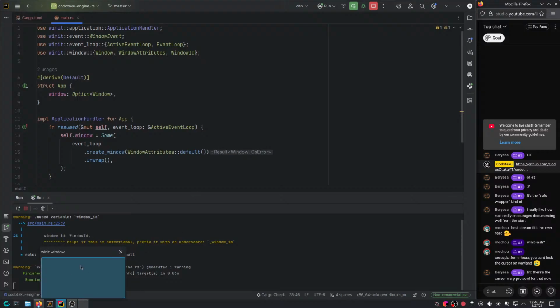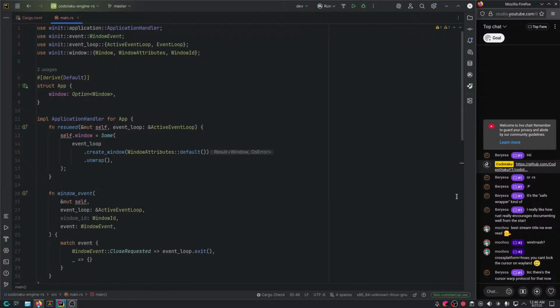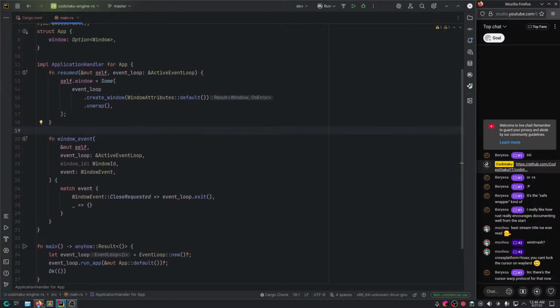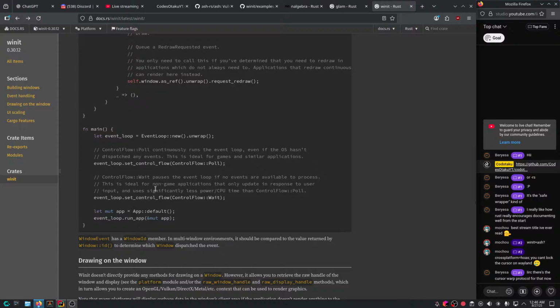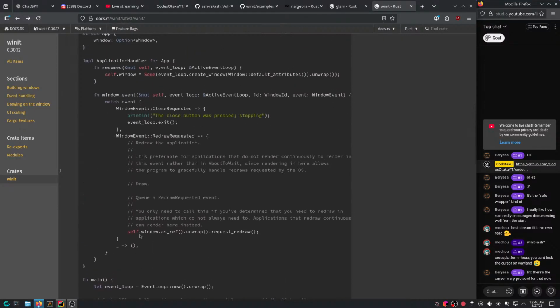Yeah, I believe so. I mean, here we go. We're getting a window, but it's not showing up, because in Wayland it just doesn't show up until you start rendering. Unfortunately, otherwise we're good. And I see there is the cursor warp protocol for that now. Yeah, Wayland stuff is quite interesting.